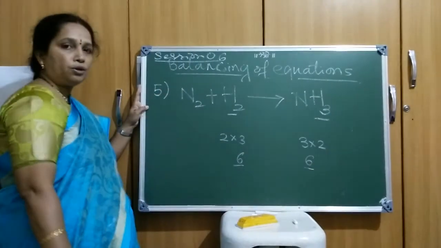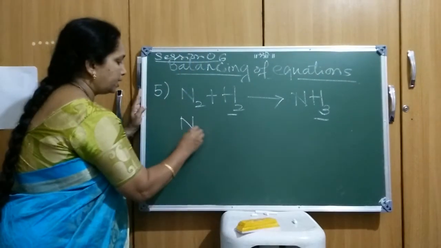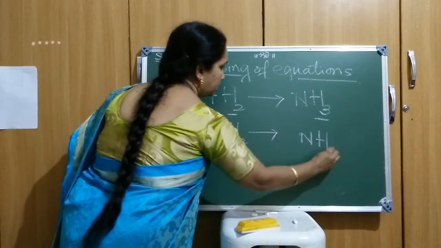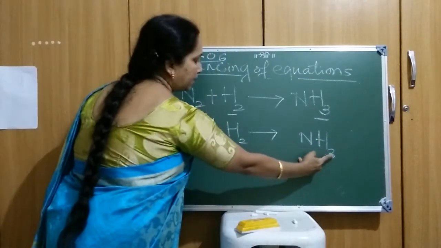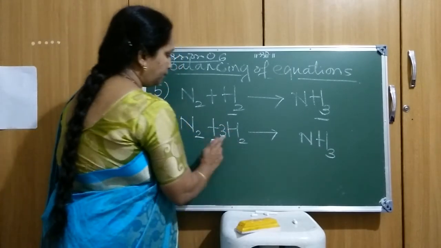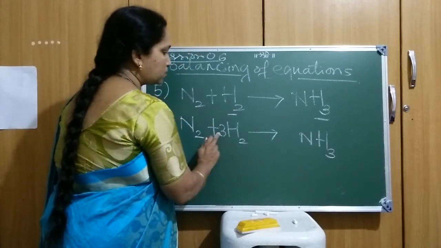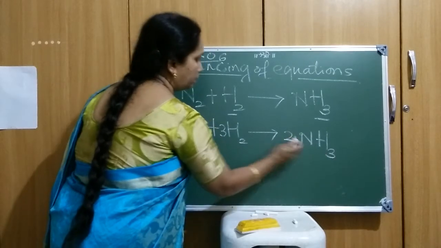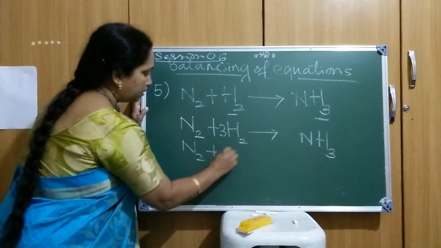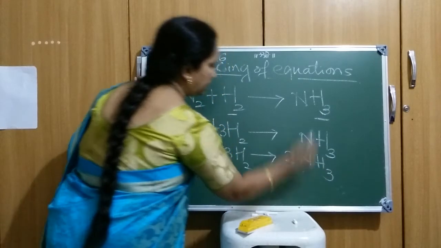This is how you are going to make it equal. So the same thing I am going to apply over here. Instead of going for complication, I'll write down the equation first: N2 plus H2 gives NH3. So I'll multiply this H2 by 3 and here NH3 by 2. Now if you see that one, that is 3 H2. So here it is N3 to the 6. So here I'll make it a 2. This is the next step where I'm going to write N2 plus 3H2, and NH3 as it is, I'll multiply it by the 2.